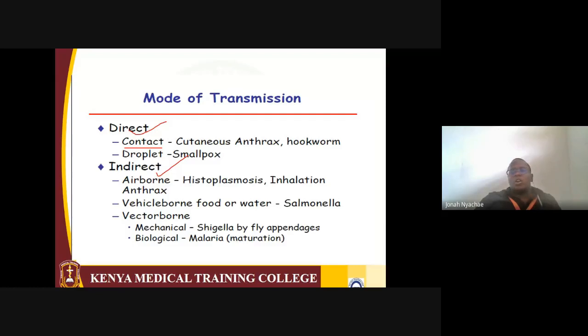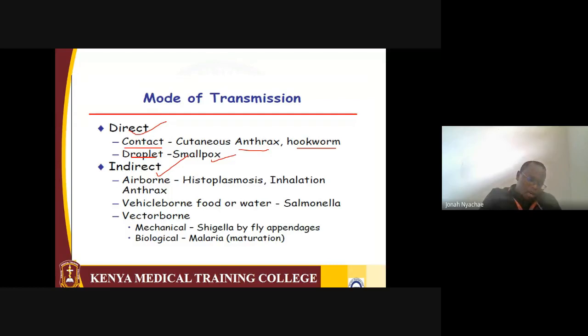Maybe you have come into contact with a person with anthrax or an animal that died because of anthrax. We also have hookworms, which you can come into contact with, and smallpox, which can also be transmitted through direct contact. And then droplets, like initially we thought that COVID is transmitted through droplets, where if you are